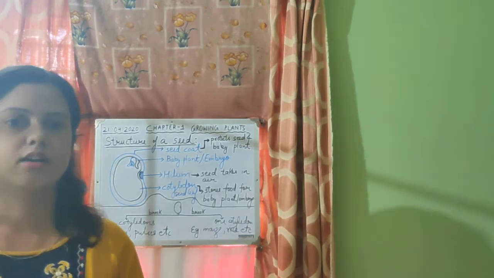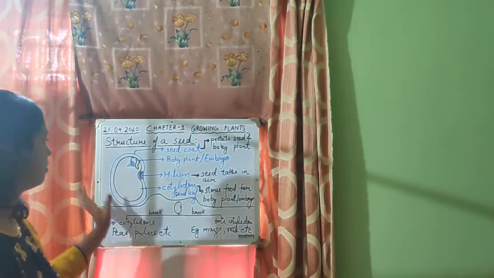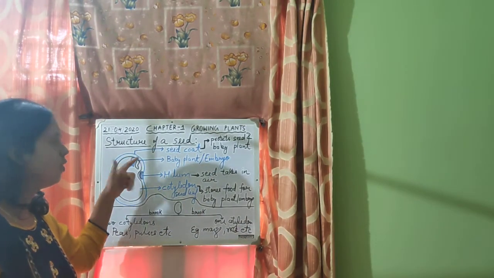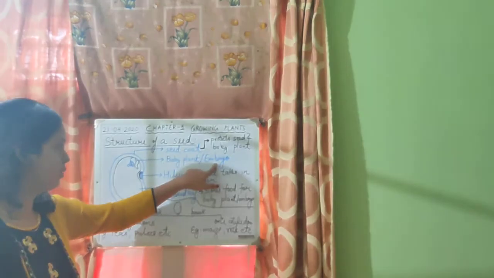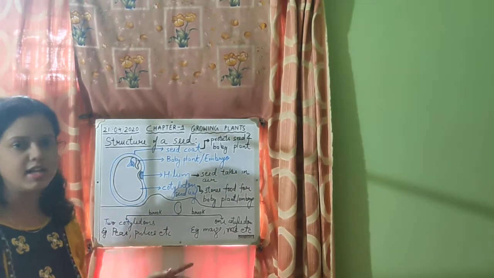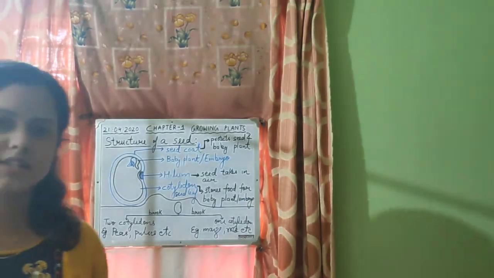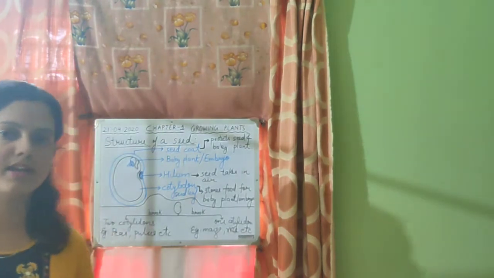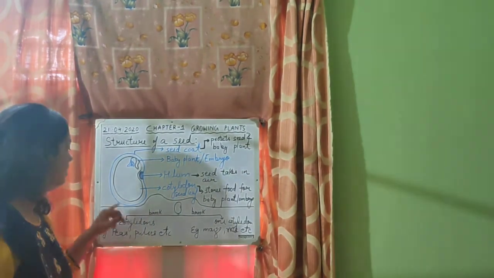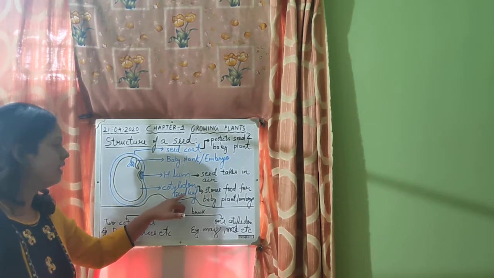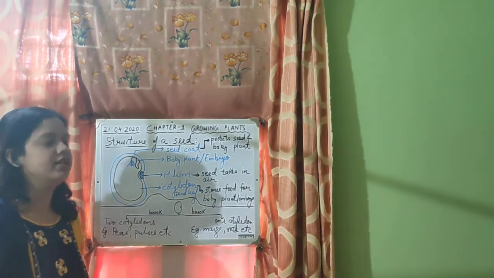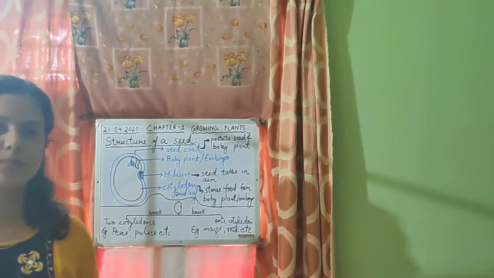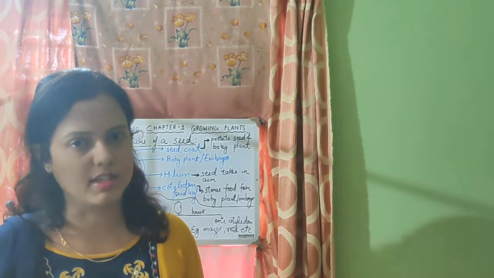So this is like a primary structure of the seed. It has a seed coat which is present as the outermost covering. Inside the seed there is a baby plant also known as embryo. Then we have a hilum, which is a tiny opening on the surface of the seed through which air enters inside the seed. Then cotyledon, also known as seed leaf. Function of cotyledon is to store food for the baby plant present inside the seed.